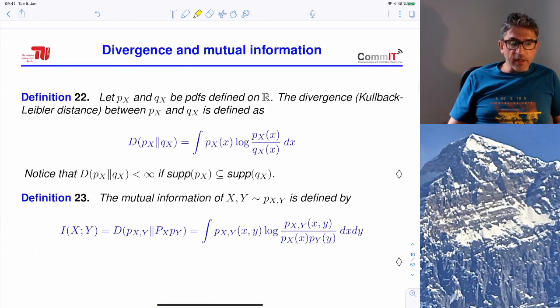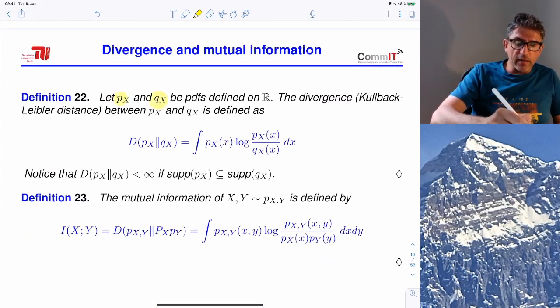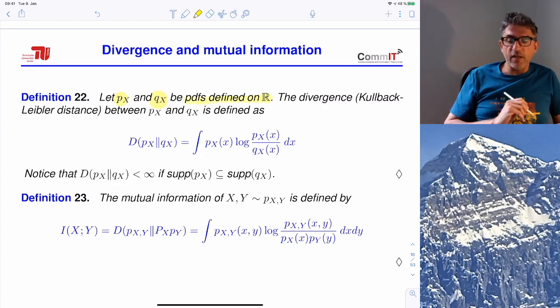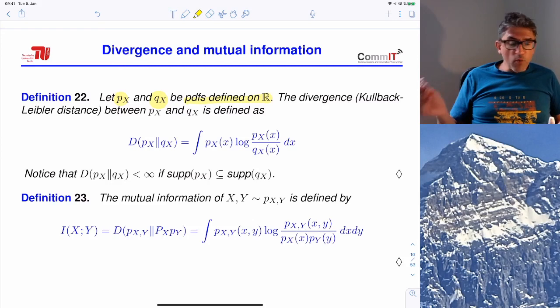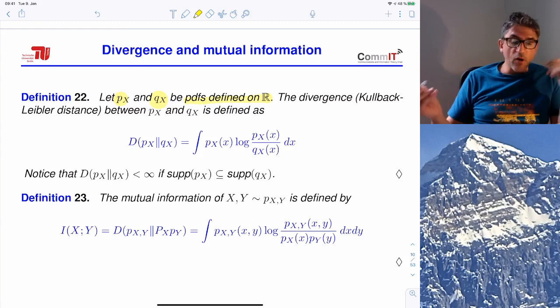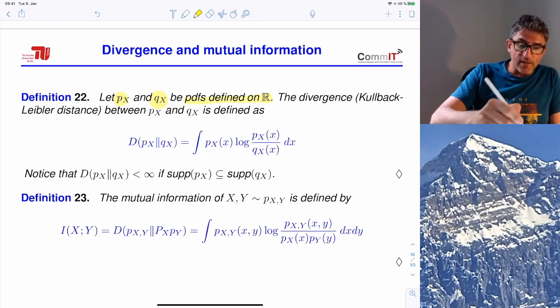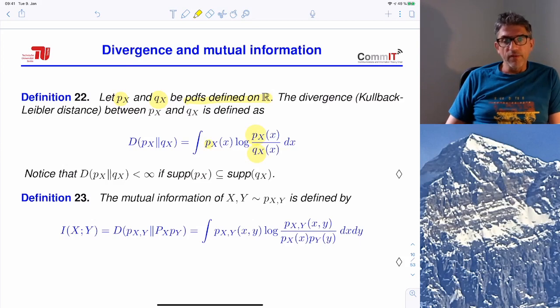We can define the divergence between two distributions. If we have two distributions P and Q, so there are the PDFs, the probability density functions defined on the real line, or more in general on the real d-dimensional space, the Kullback-Leibler divergence, or information divergence, or simply divergence between these two distributions is defined as the integral of P times log of the ratio P over Q. It is completely symmetric with what is seen for discrete random variables. Simply you replace the